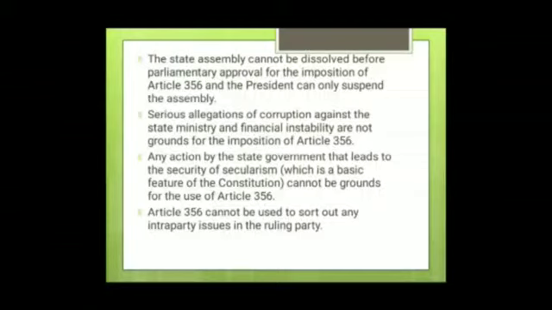Then serious allegations of corruption against the state ministry and financial instability are not grounds for imposition of 356. The court said that serious allegations of corruption against the state ministry or any financial instability are not grounds of constitutional failure, constitutional machinery failure. So on these grounds, President's Rule cannot be imposed. Then any action by the state government that leads to the security of secularism, which is a basic feature of the constitution, cannot be a ground for use of Article 356,